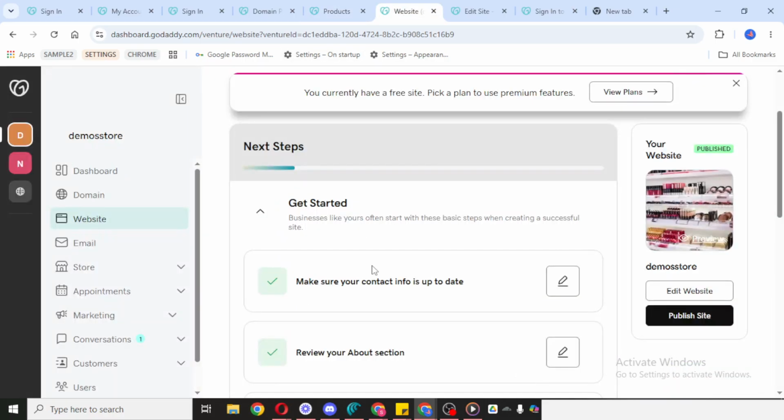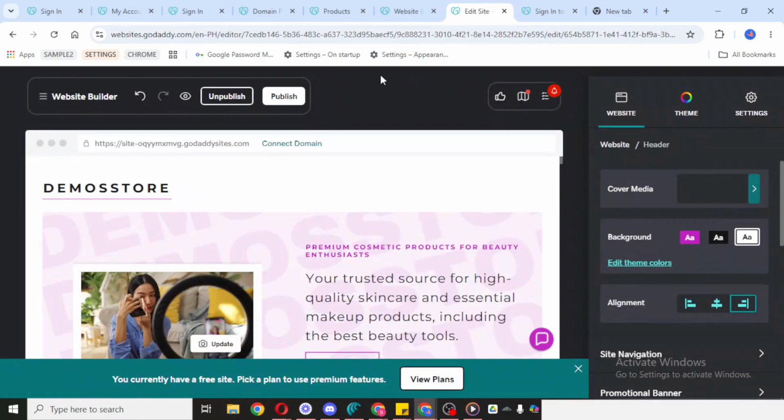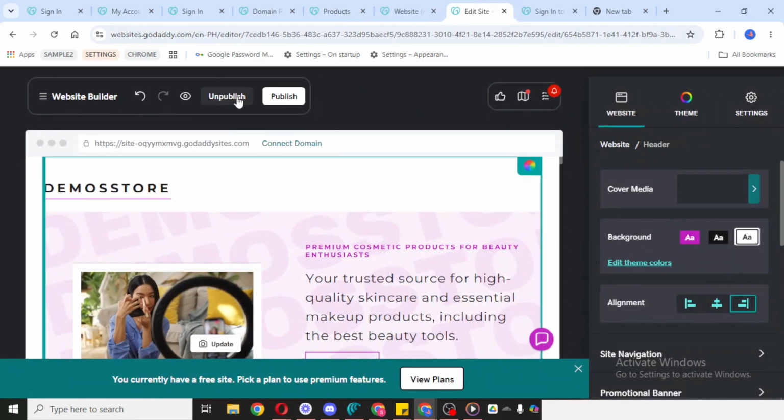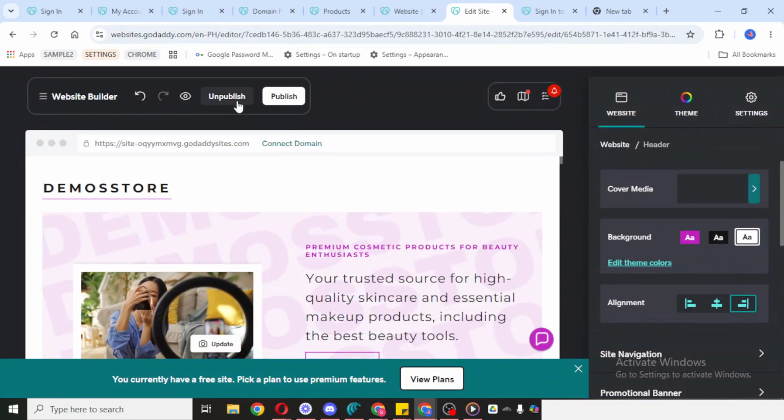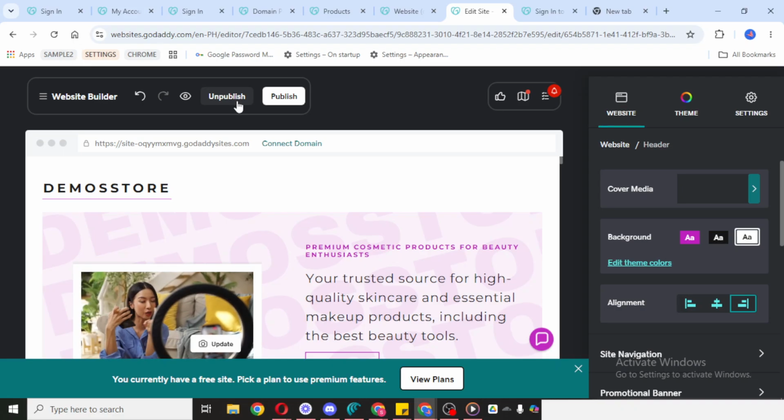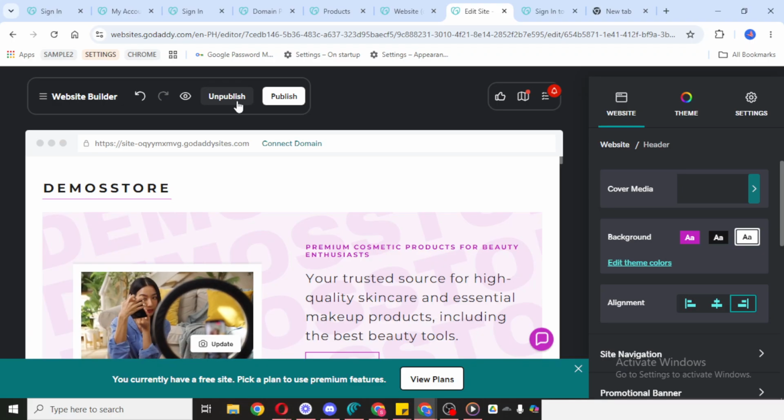Next, click Edit Website. This opens the Website Builder editor, where you can update text, images, layout, and other visual settings on your site. Once the editor loads, go to the section of the page where your text is located. You'll want to click directly on the text box or text area you want to change, so the editing options become available. Now, look over to the right-hand side of the screen.